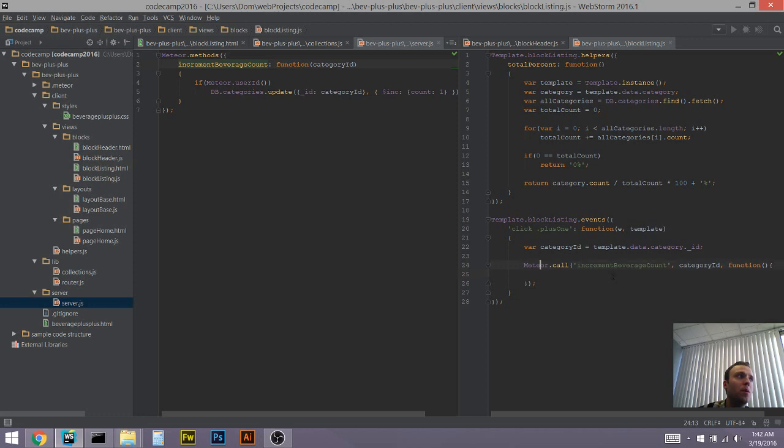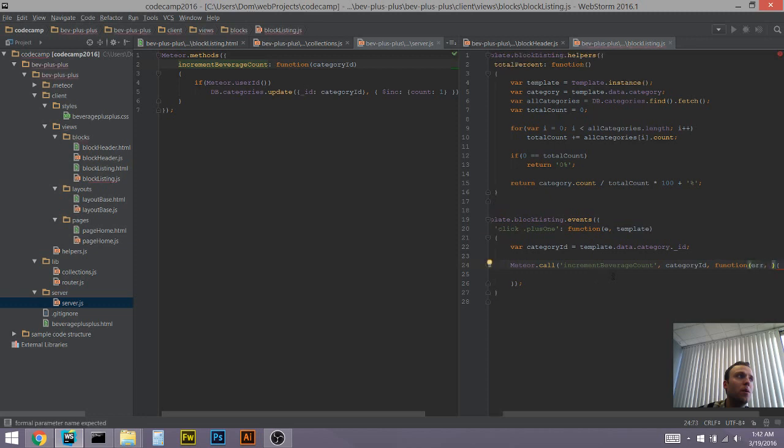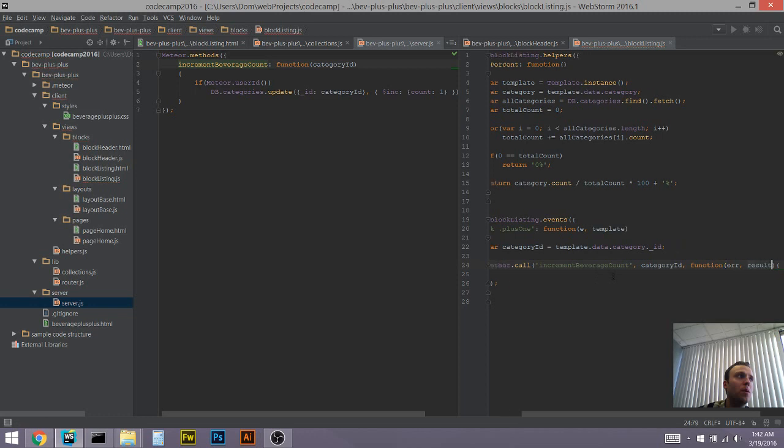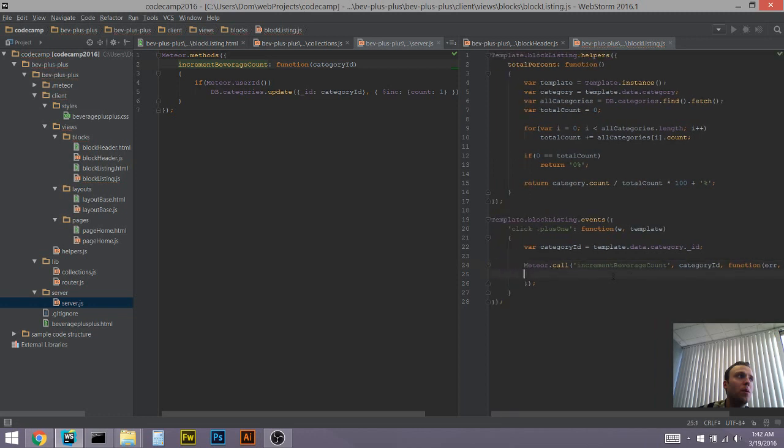Okay. And then, so this function, when called, it really is going over the World Wide Web. It really could have issues, so we're going to get an error, or we're going to get a result. If the result happens, we don't really care. We don't have any further actions to take because all of the data is going to update automatically. But if there's an error, the user is not going to have any idea. So we're going to tell them, alert,